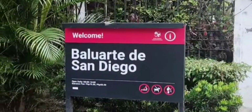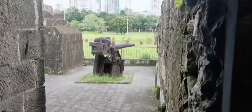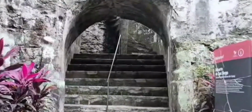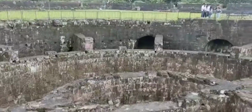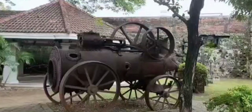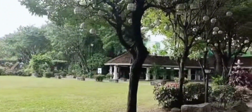And for our last tour is the Baluarte de San Diego. The Fort Nuestra Señora de Guia, also known as the Baluarte de San Diego nowadays, was designed by Jesuit priest and architect Antonio Cedeño and completed between 1586 and 1587. It was a circular tower built to protect Manila's southern bayside border. But nowadays, it was turned into an archaeological park, perfect for prenup and pre-debut shoots, as well as venue for